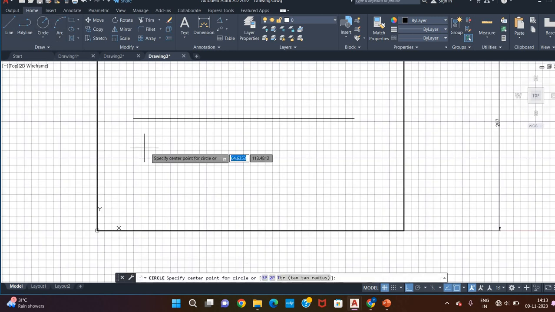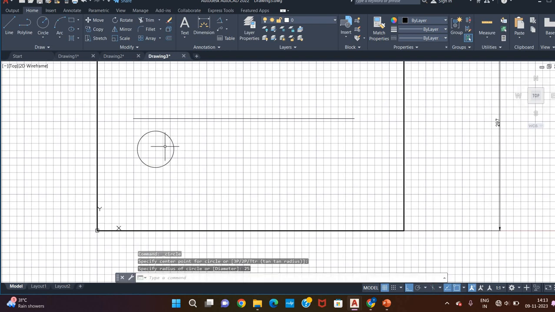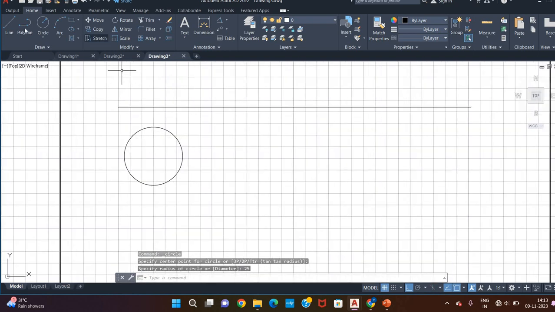So here we need to draw a circle. We know that the top view is an ellipse. They are giving the hint that the top view is an ellipse. So surface is inclined to HP. When surface is inclined to HP, we will get the true shape in the top view. So I am drawing a circle of diameter 50 mm, so the radius will be 25. I have drawn a circle of 25 mm radius, and then